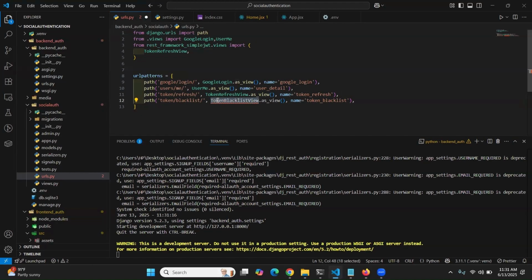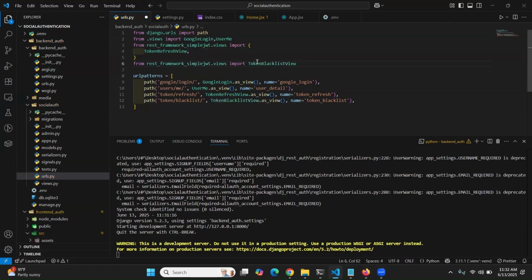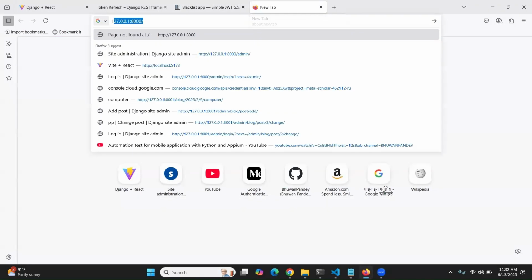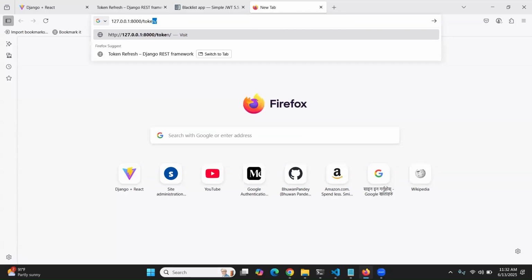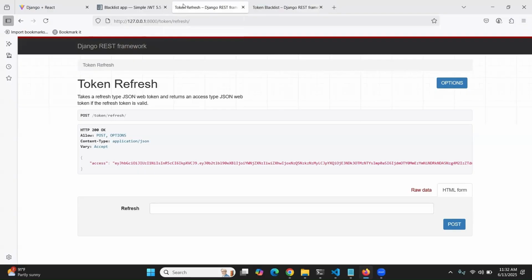Now let me import TokenBlacklistView. So TokenBlacklistView. Let me save this, and now let me test it out. The blacklist token is token blacklist. Yeah. Now let me test that